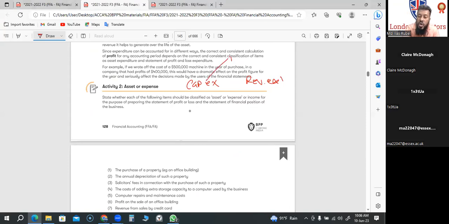Money you spend on a non-current asset, also improving the non-current asset, is called capital expenditure. Like you bought non-current fixed assets, capital expenditure, makes sense? And revenue expenditure is day-to-day expenses, like paying rent and rates and insurance, repair. A little more. You bought a non-current asset, for example plant and machinery or equipment. Let's assume you bought a heating system. The delivery cost is also part of the capital expenditure. Initial installation is also part of capital expenditure.